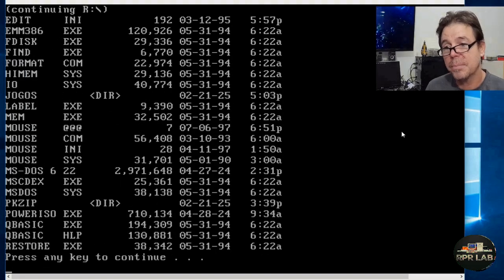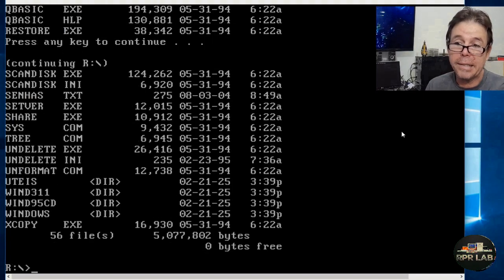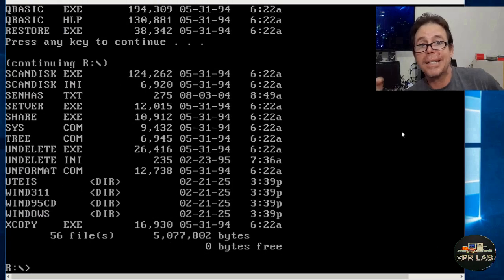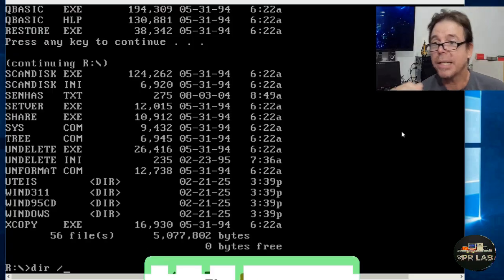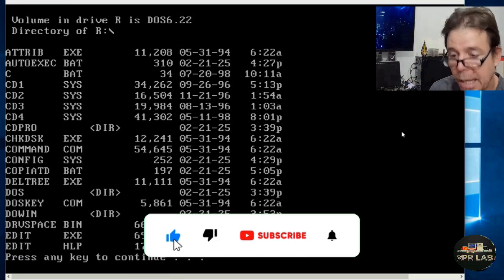If you go inside, you find there are a variety of things, mouses, then the installers. I am already making available to you here inside the games a folder with utilities which can be useful. The folder with Windows 3.11 installer, Windows 95 CD, which is also an installer, and Windows, which is the installed folder. Wow, man, wow. Then you'll type here dir /p. You'll see that I created, or rather I did it wrong,